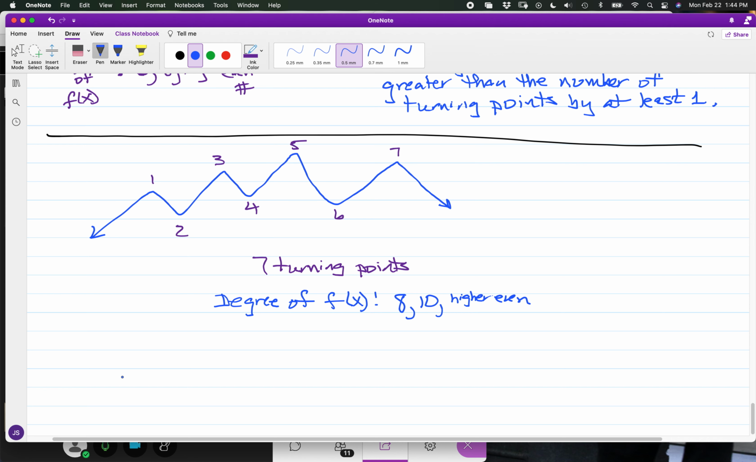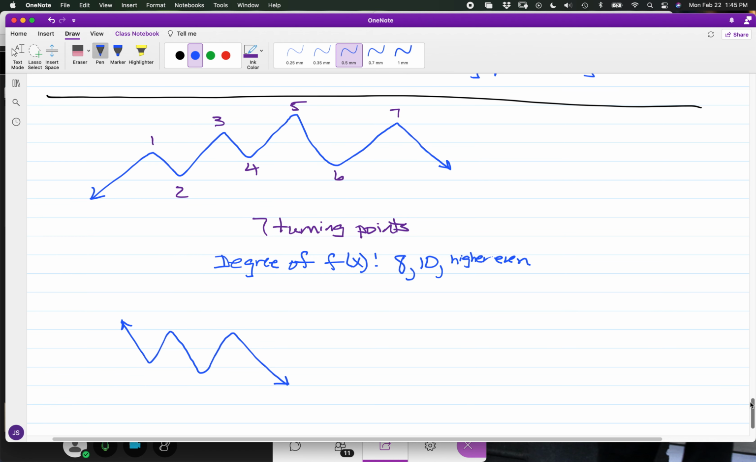And let's say we have something like this. You have a graph, and for the number of turning points, again combining the total number of minima and maxima, here we're now going to have 4 turning points. And for the degree of f of x in correspondence,